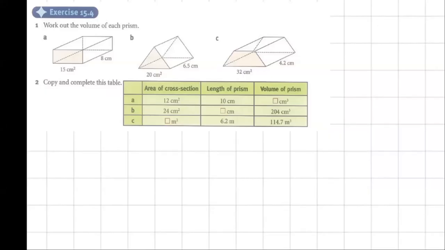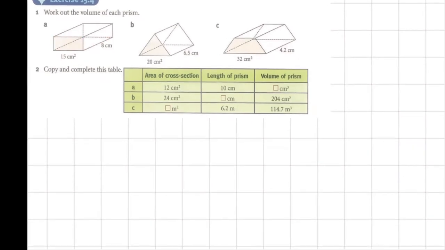Exercise 15.4, work out the volume of each prism. Whenever we are looking for the volume of a prism, all we need to do is find the area of the cross-section and multiply it in. So it is as though there are numbers of